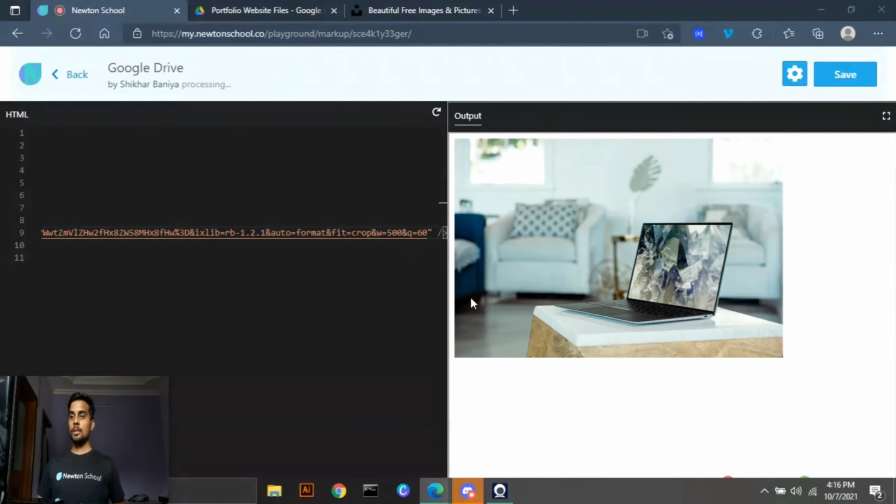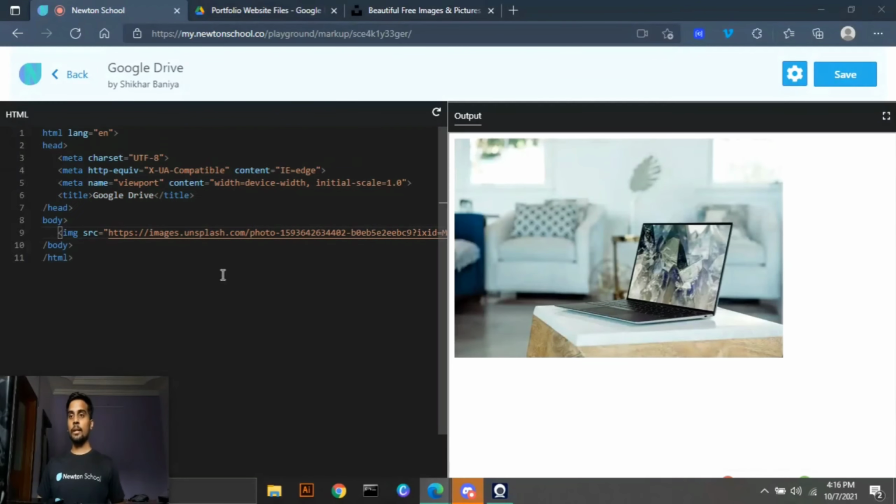So as you can see, we got this image as the output. So the link that we have provided, this whole link, it is a unique ID of that image. Okay, so if I use this link anywhere, I will get this image as an output. So this URL is the unique ID of it. But let me show you the problem when I copy an image's URL which is uploaded on Drive.